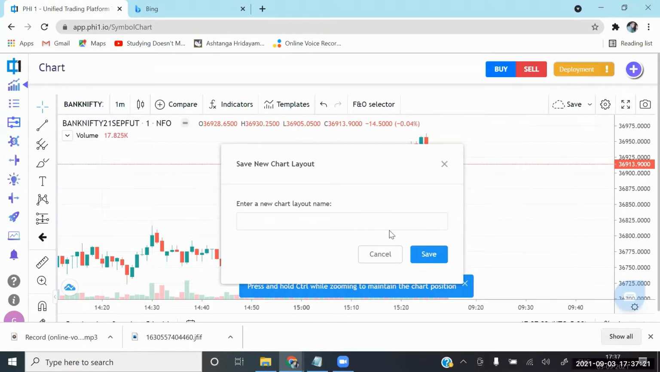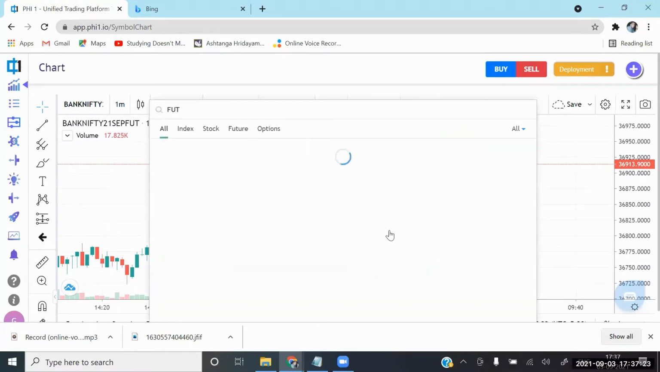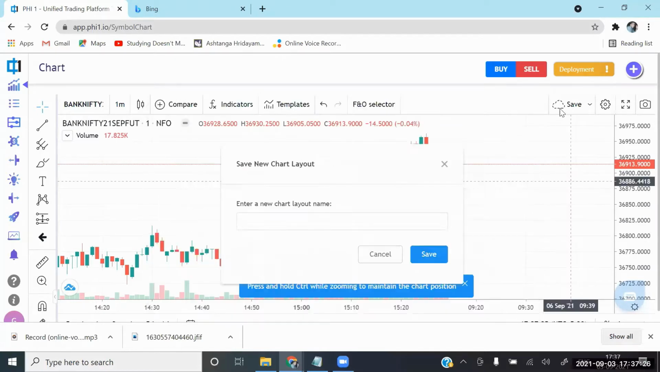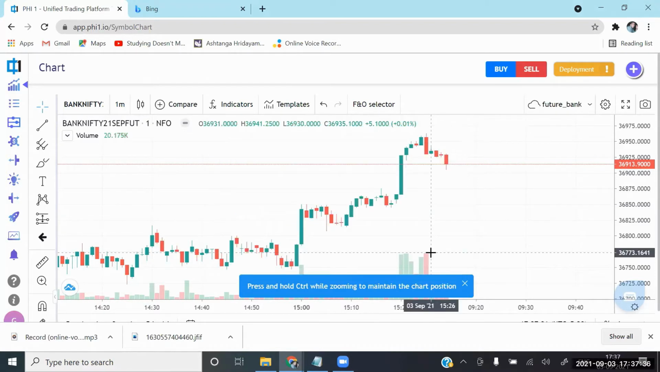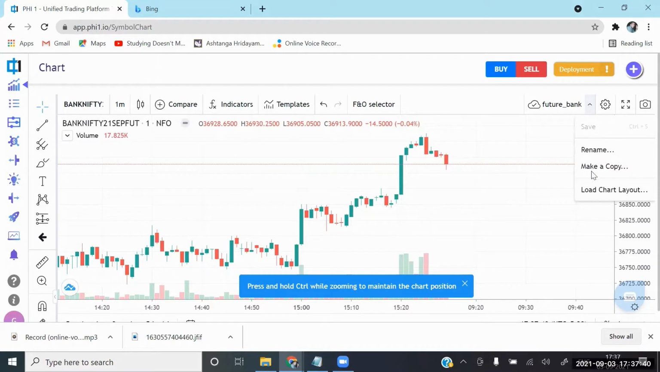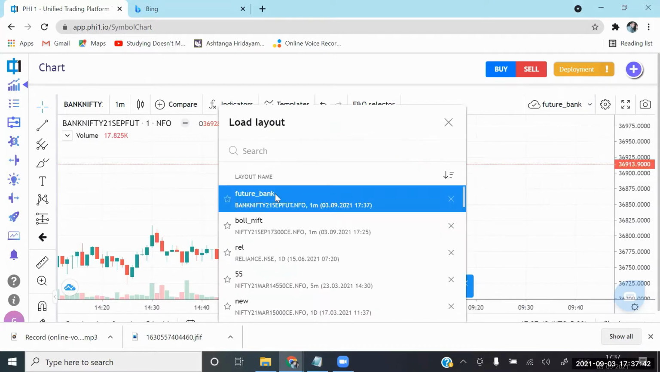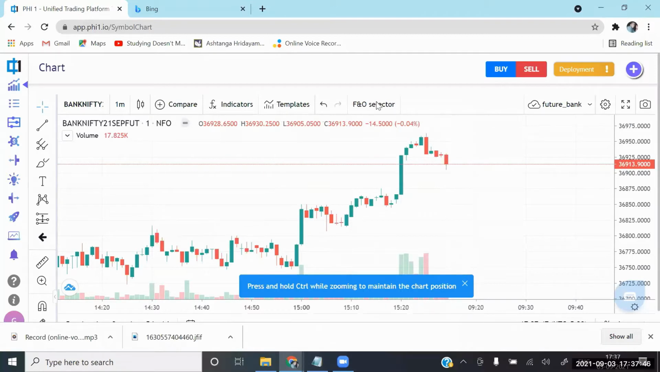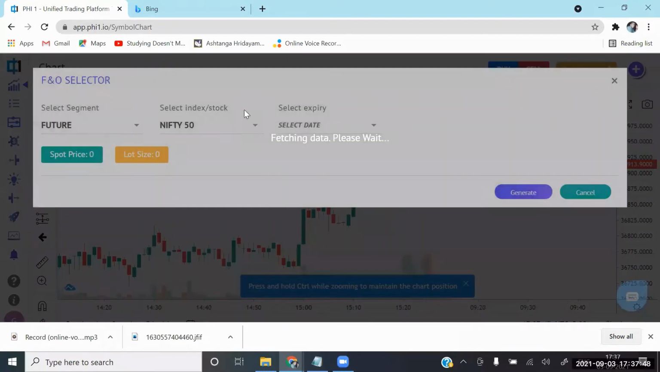So let's say I save it like this. So it has been saved and it can be reloaded in the future if you want to continue your analysis. Similarly, we can